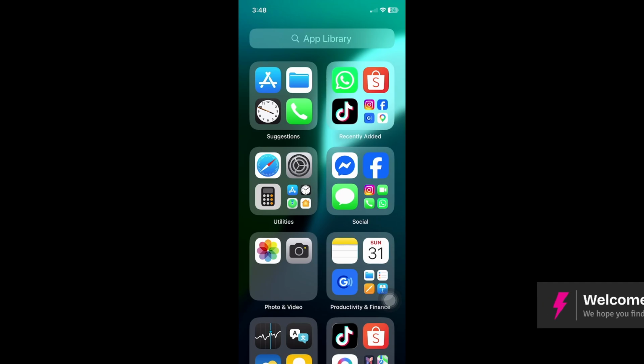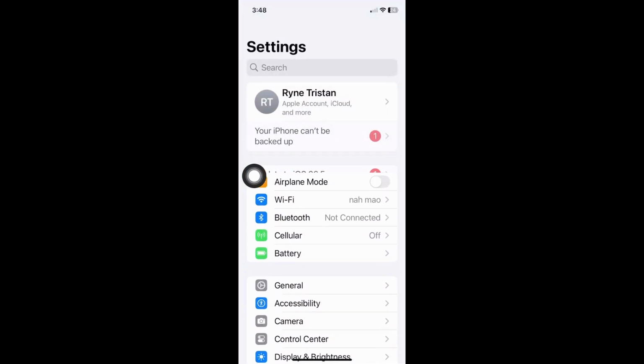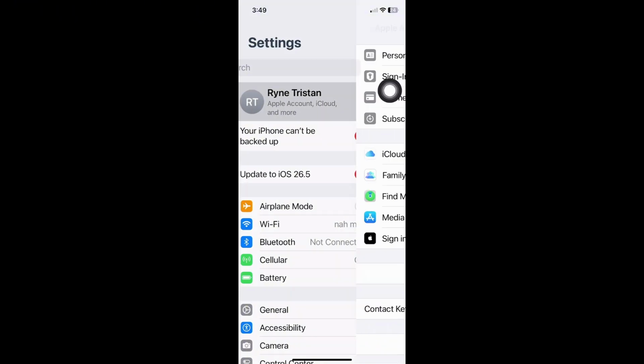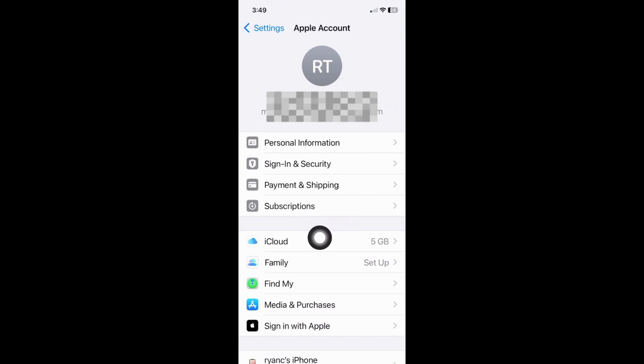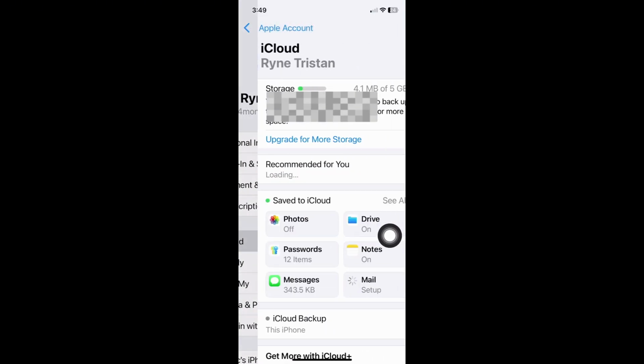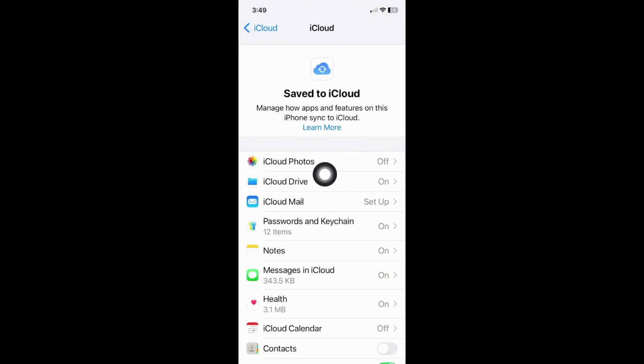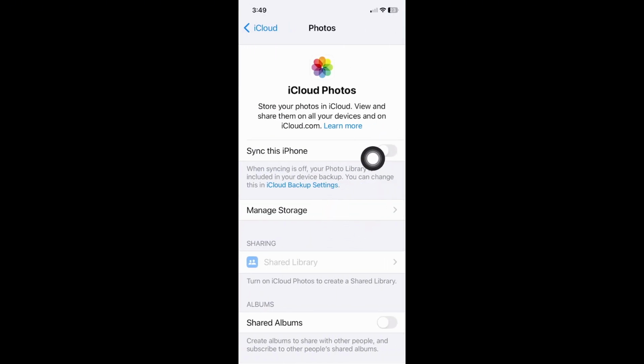Alright, so first up, go ahead and find the Settings app on your phone, tap on it, and then once done, just go ahead and tap on your Apple ID. Tap, and then just find iCloud. Tap on it, and then here, go ahead and tap on See All. And just make sure that your iCloud Photos right here, when you go ahead and tap on it, you enable